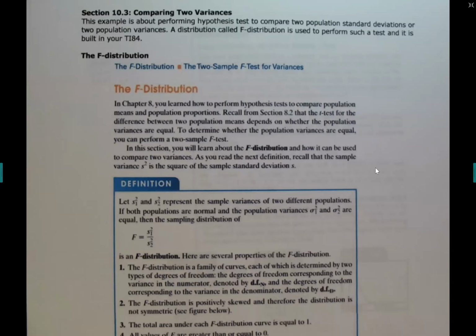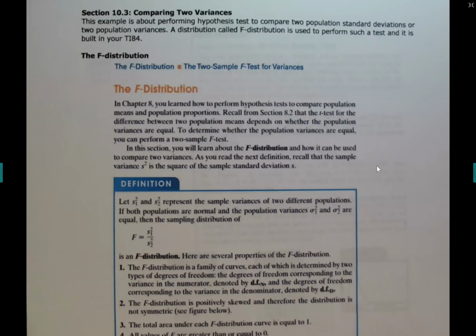So we learned how to compare two means. We learned how to compare two proportions. We learned how to compare mu1 and mu2, p1 and p2. In this section, you learn how to compare two standard deviations, sigma 1 and sigma 2, or you compare two variances, sigma 1 squared and sigma 2 squared. So compare